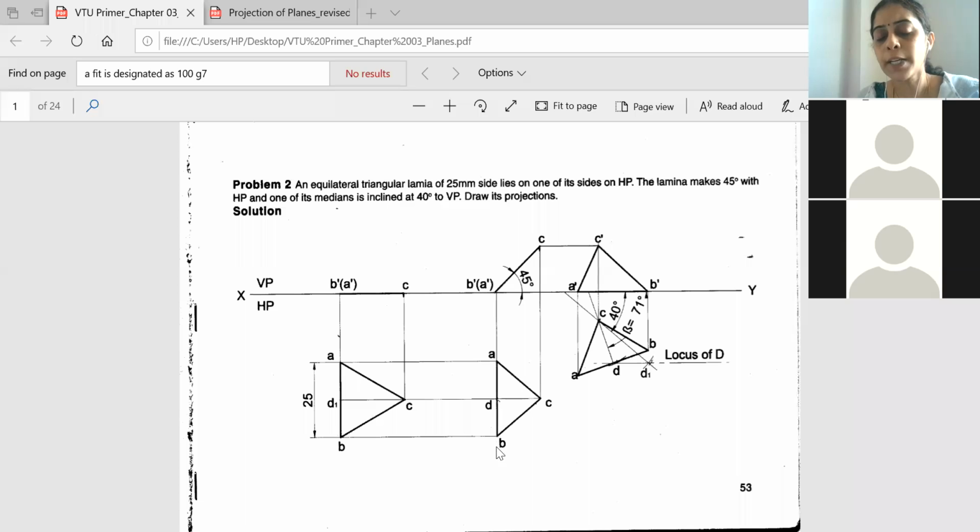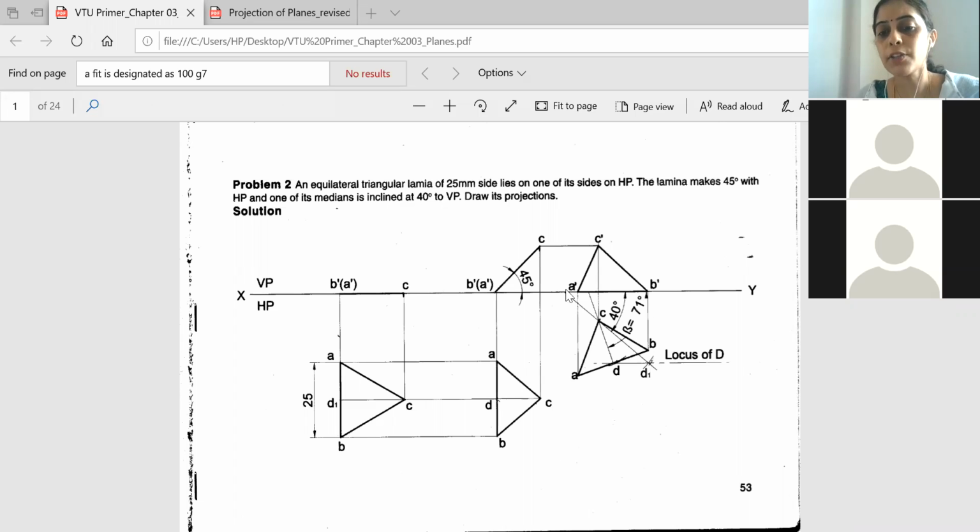Similarly, from D to B, it will be the same on the other side. You will measure this distance and again you will cut an arc on this line. So you will get the edges A and B, and this C point is fixed already. So you will join A to C and B to C. So now you have shifted the second stage of the top view for an inclination of beta angle 71 degrees.